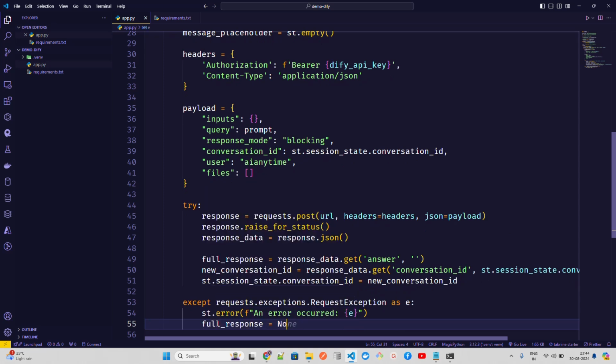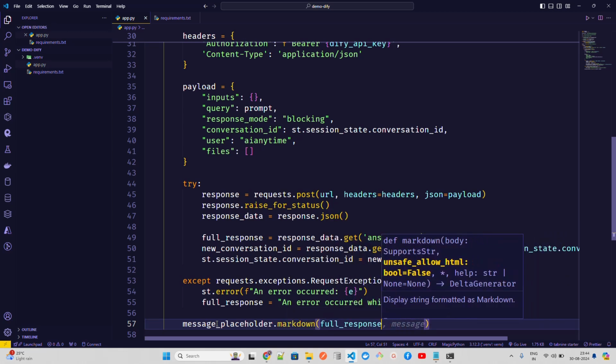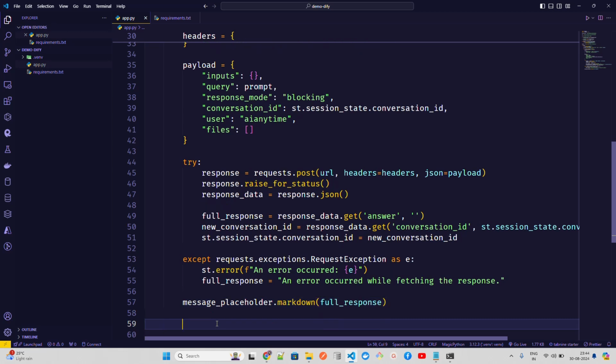So I'm going to have a full response, and an error occurred while fetching the response, and we are good. Now we're going to have a message placeholder dot markdown to show the full response. If that error is not there, then that's your output. So let's have a full response, and then